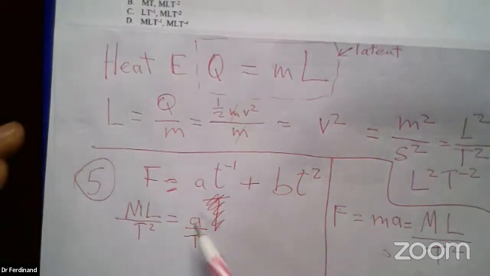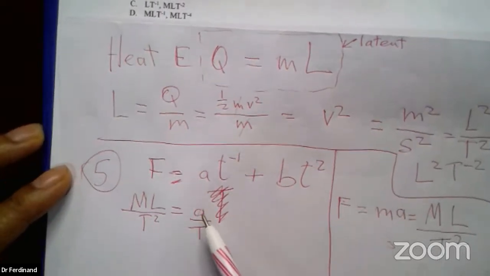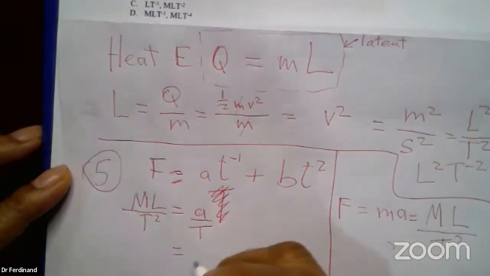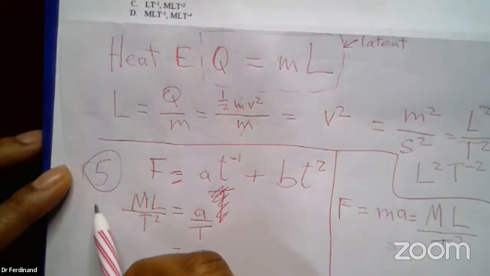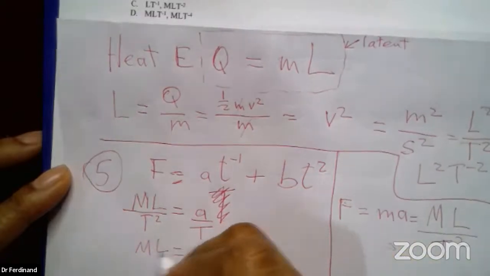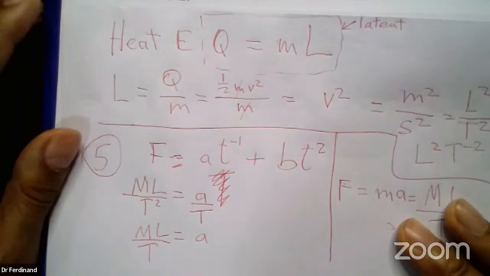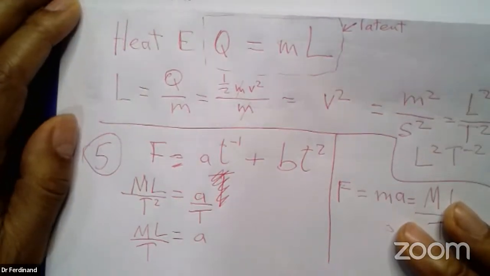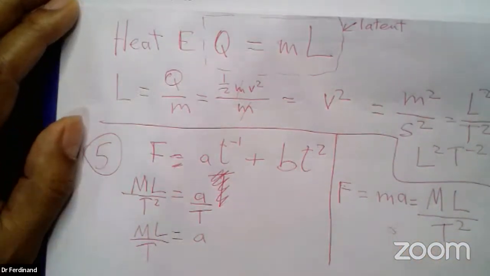So in order to find out what A is, I need to isolate A. So I'll multiply both sides by time. If I multiply this side by time, time cancels. If I multiply this side by time, one of the times cancels, because this is t times t, it's t squared. So t times t, so if I multiply this side by t, one of the times cancels. So I end up with ml over t. So you already see what the answer must be. The answer must be D, because it has ml t to the -1. And so this is the correct answer.